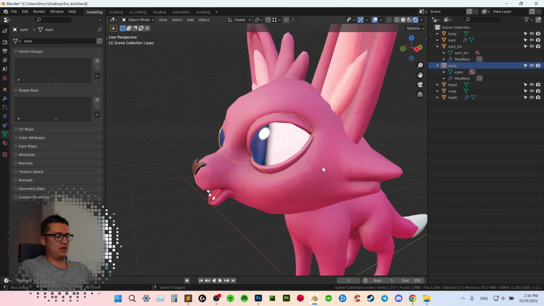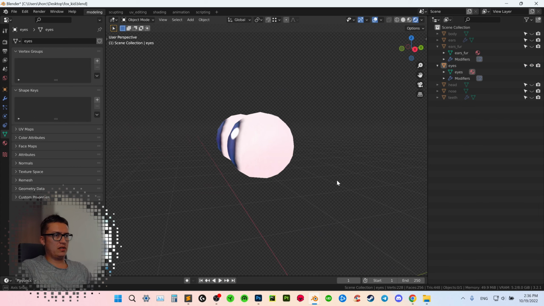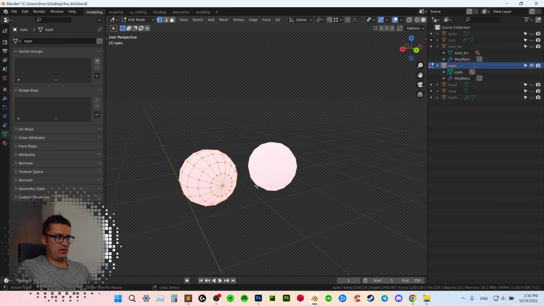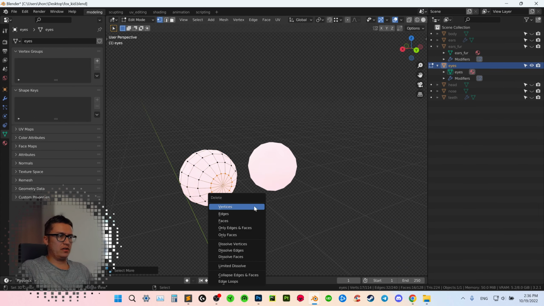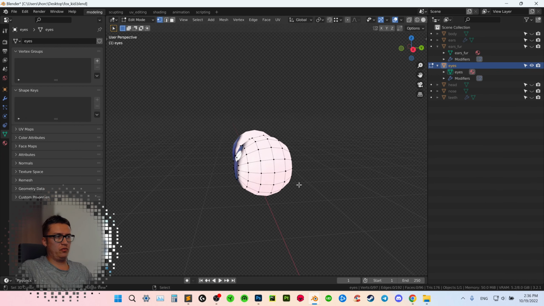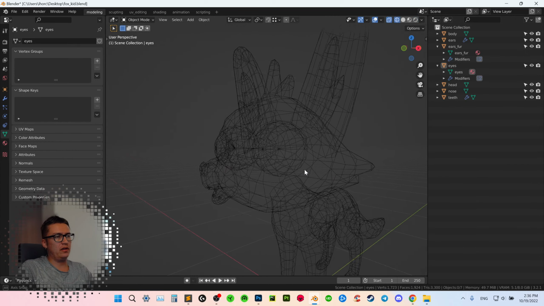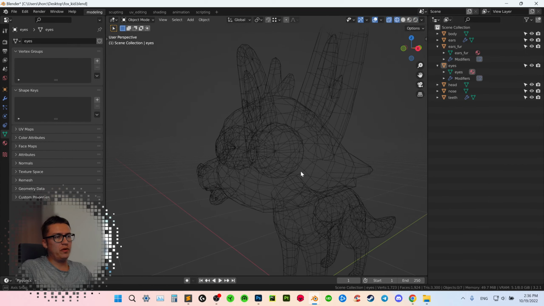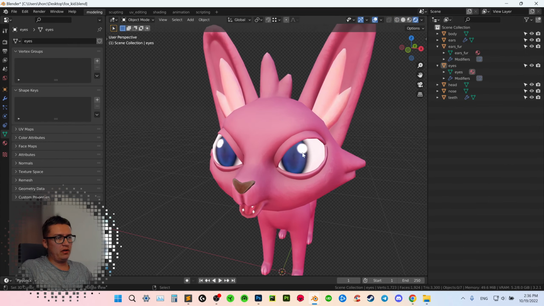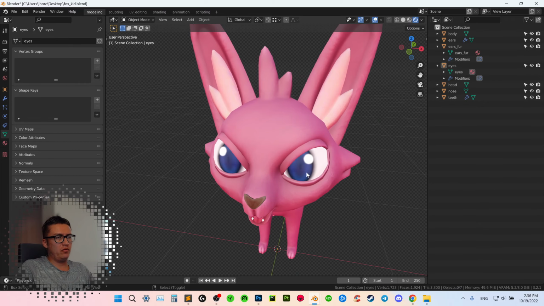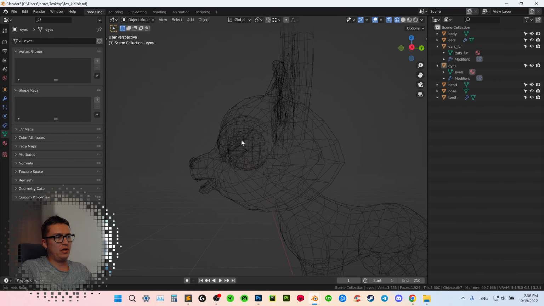And for example, if we take a look at the eyes, we have unnecessary vertices over here, and we could remove them. We don't need to model anything that won't be visible. So even if these eyes will be animated and moving, I think this mesh is completely enough